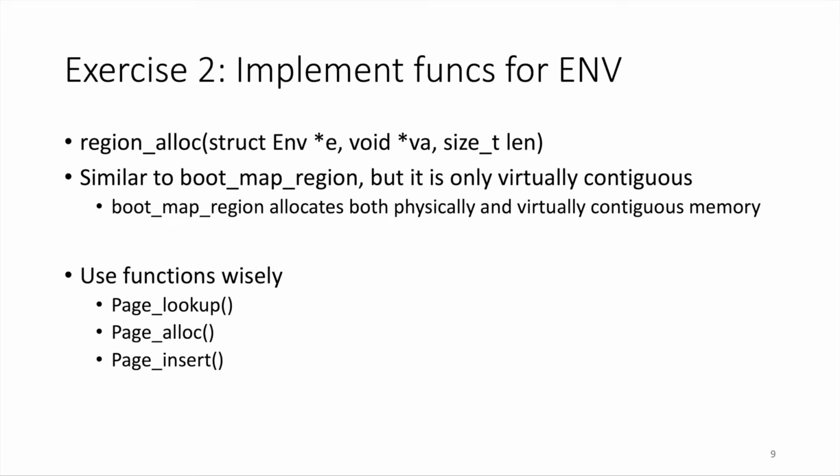And the next function is region_alloc, and this function is for allocating virtual memory space for a certain size. So for an environment, it will allocate the virtual address starting at va for a size length. And you can regard this function as similar to boot_map_region, but the different thing is that in boot_map_region,